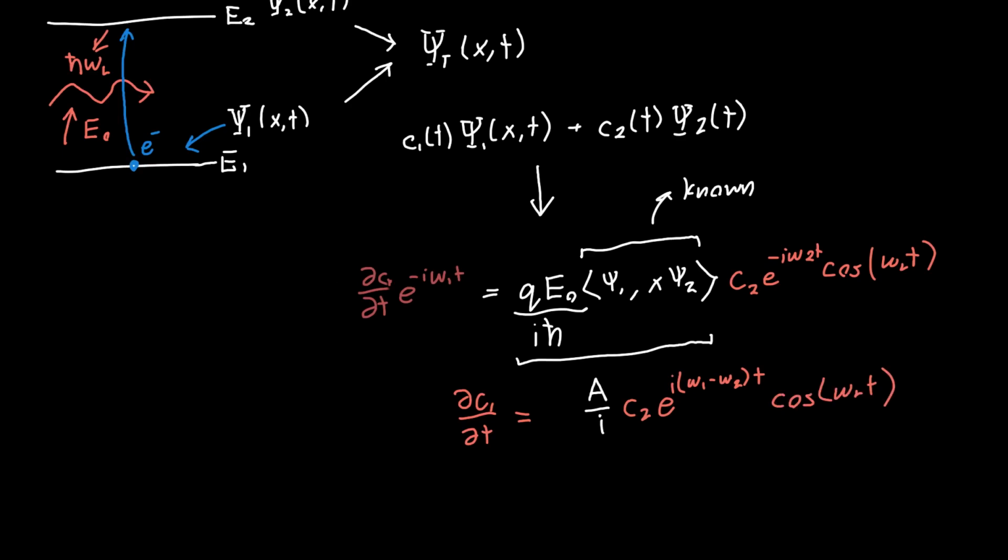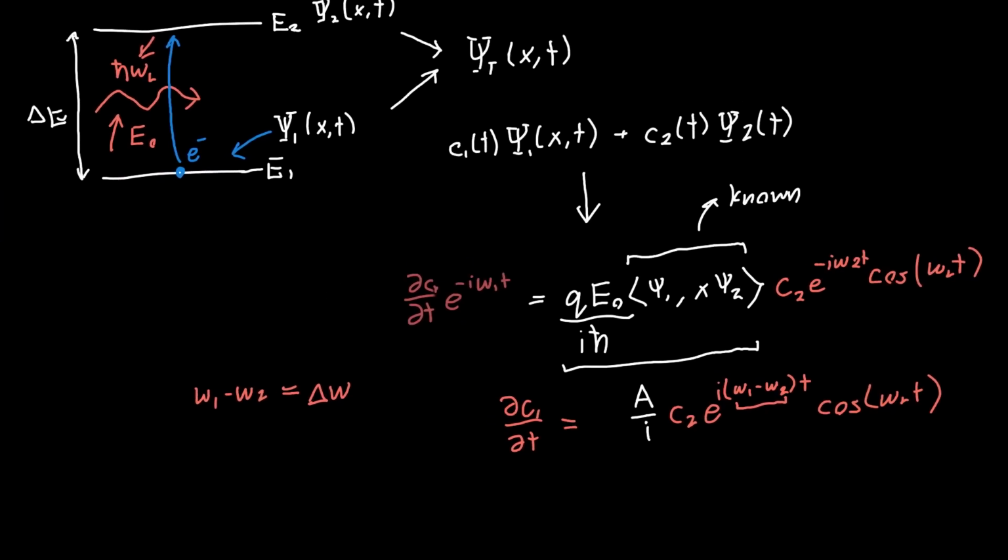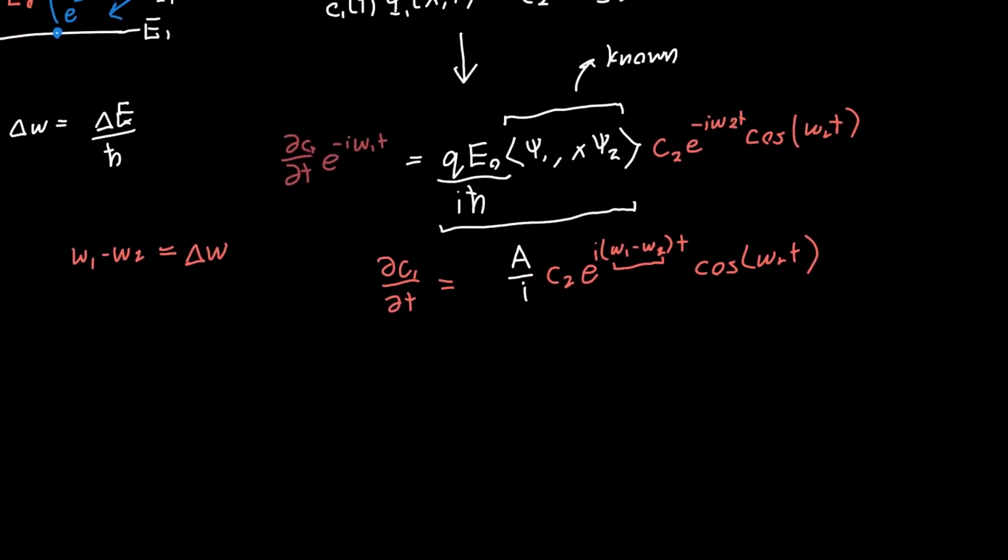That's less daunting to deal with. And let's make it even prettier. Since we only have now variables in terms of omega 1 minus omega 2, I'm just going to call this delta omega. So it's basically like saying we are only interested in the difference between these two energies. So the difference delta E between these two energies. And delta omega is just delta E over h bar. Okay, so now that we've simplified this, let's actually replace that with delta omega